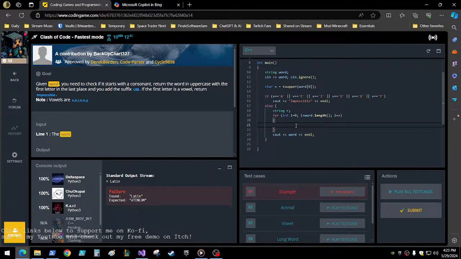So i equals 0, i less than word length. So let's just take the first... I already have the first letter and it's uppercase. So let's go... Actually, let's just go 1. R plus equals word sub i. And then at the end, we want to go R plus equals the suffix. And then we want to print R. And then we also want to print